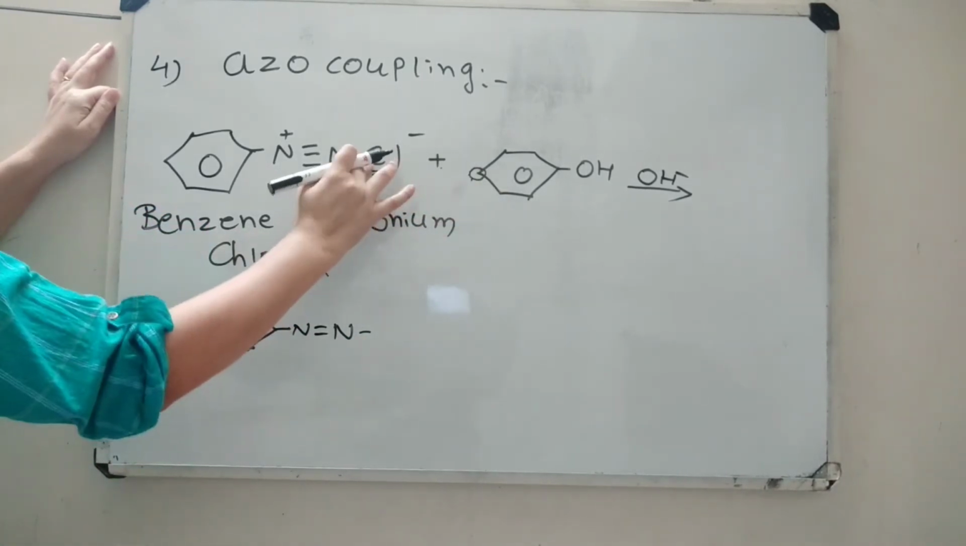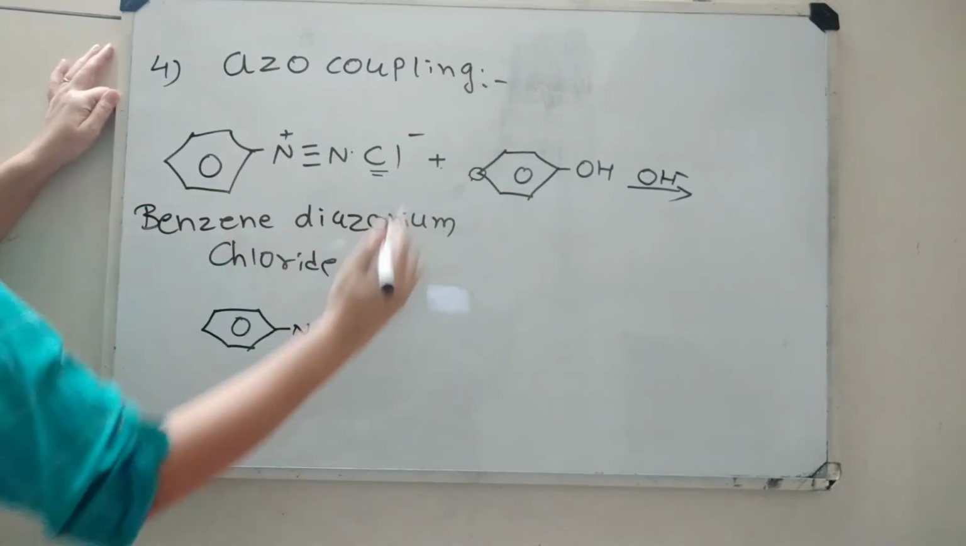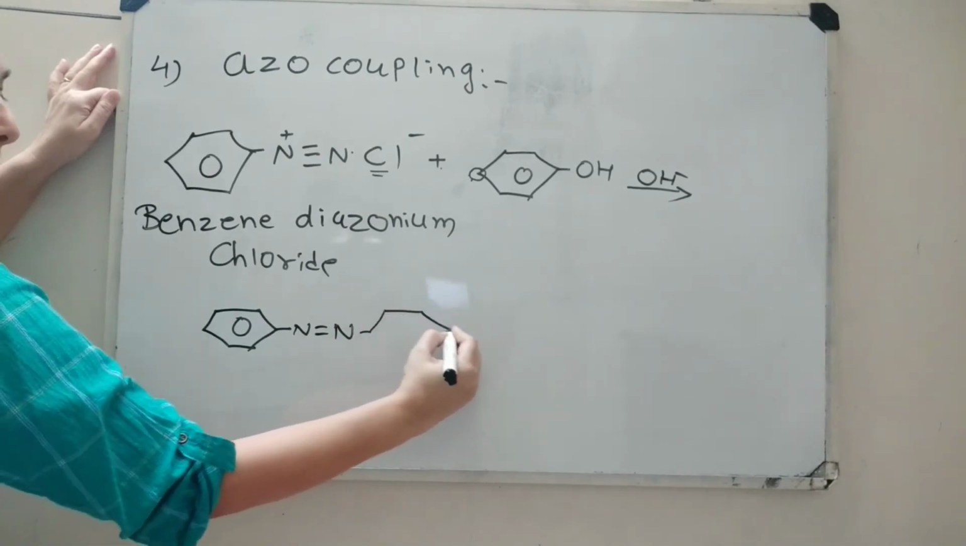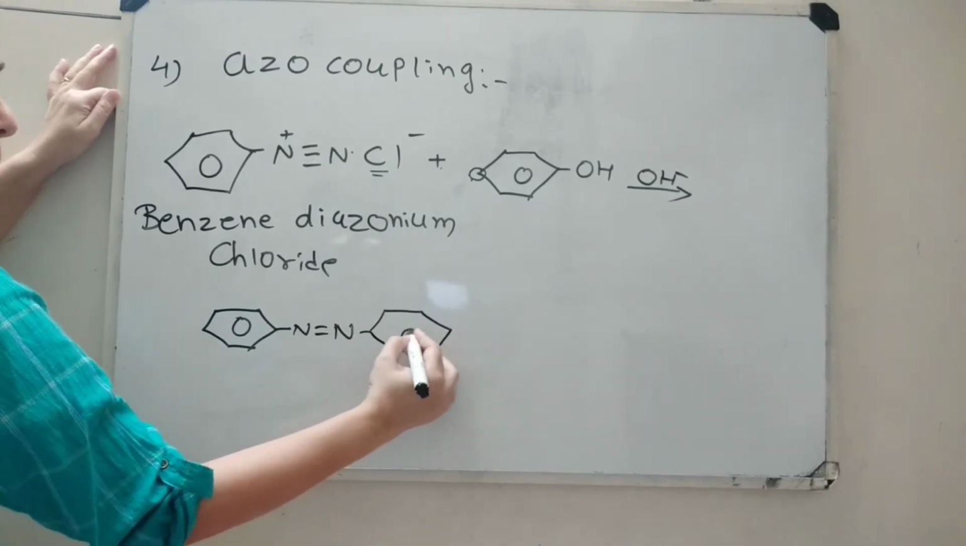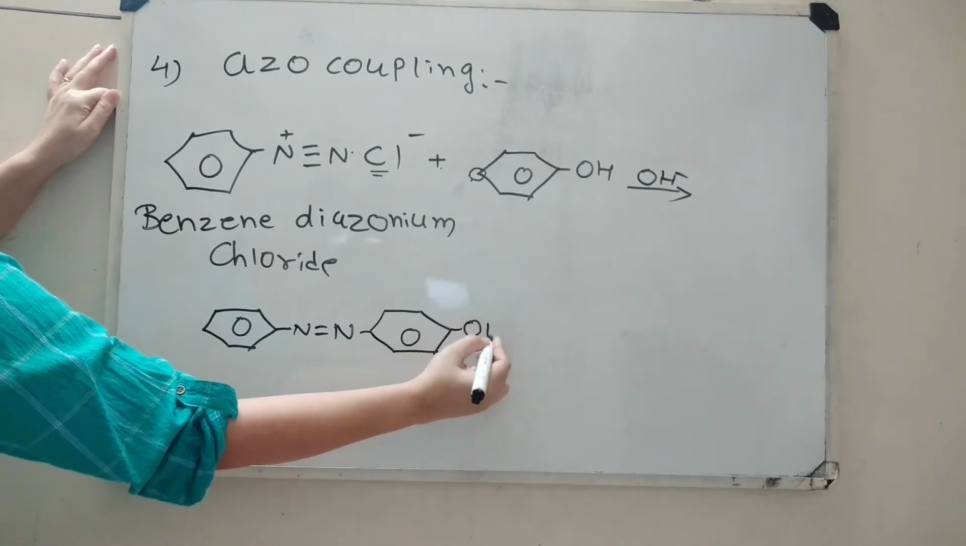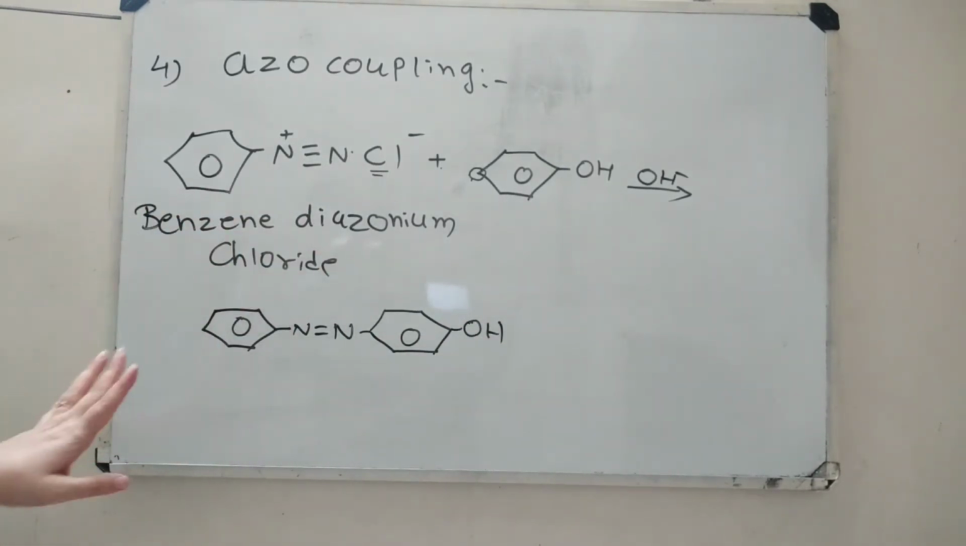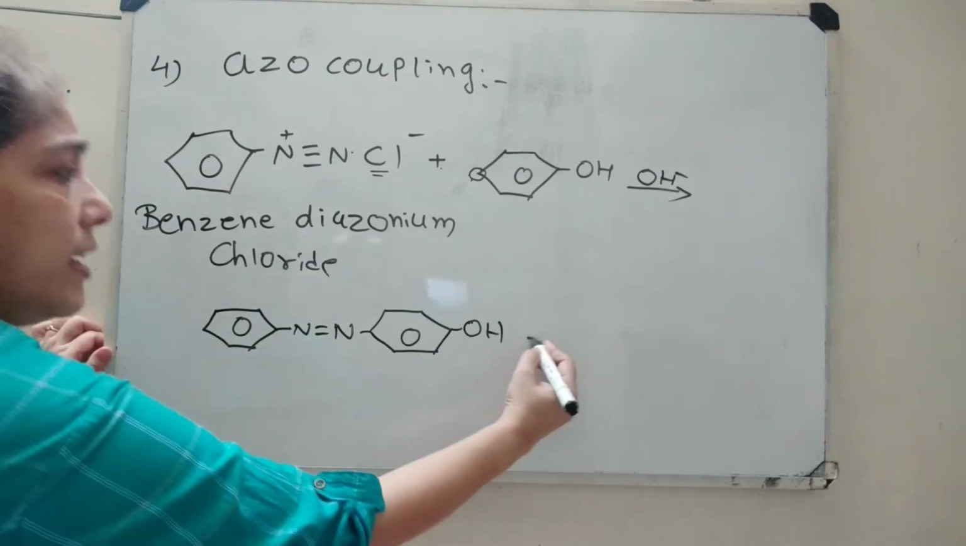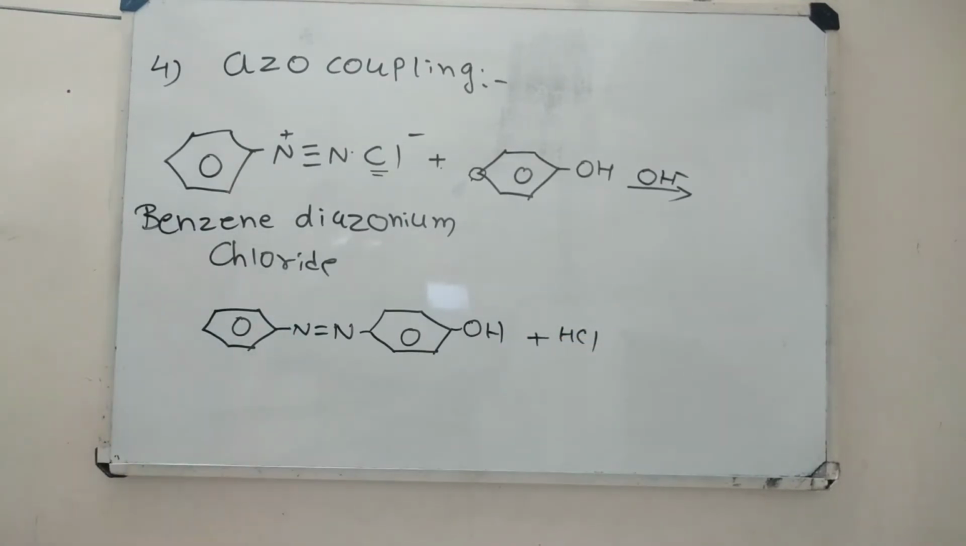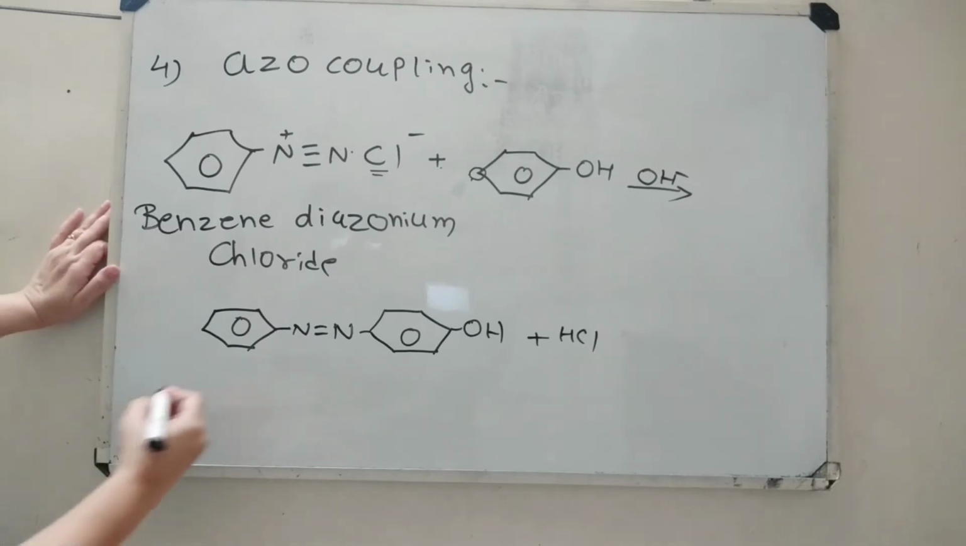Now this Cl is given out, so the direct benzene ring and OH group in the same position is there. This is the azo coupling, plus HCl. The name of this compound is para